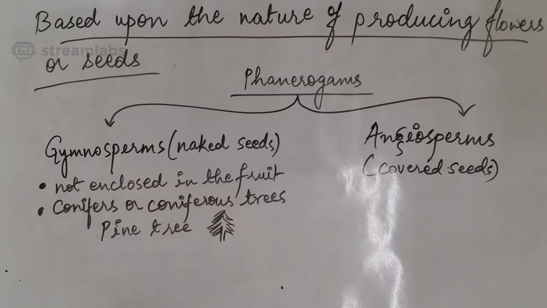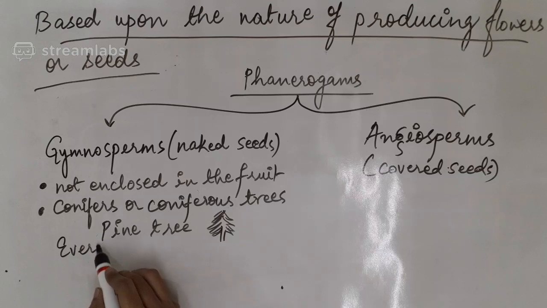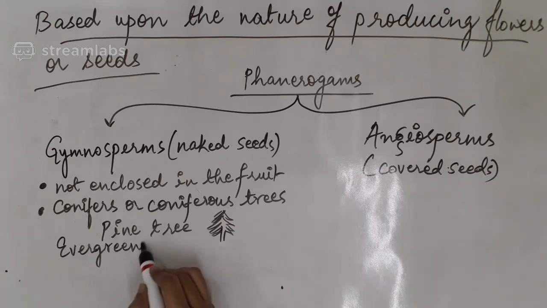Most gymnosperms do not shed all their leaves at one time, remain green throughout the year. ठीक है, इसको एवरग्रीन प्लांट्स भी कहते हैं, एवरग्रीन प्लांट्स।